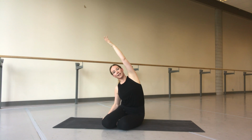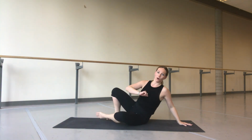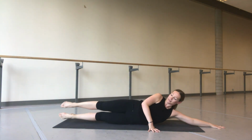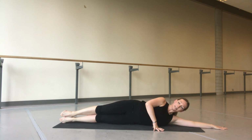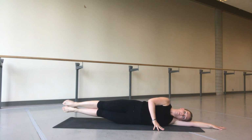Inhale, inhale, exhale, exhale. Last one. And let's roll it all the way down on that opposite side. Stack your legs, stack your hips, reach your toes away from your top fingers, and then lift those legs up